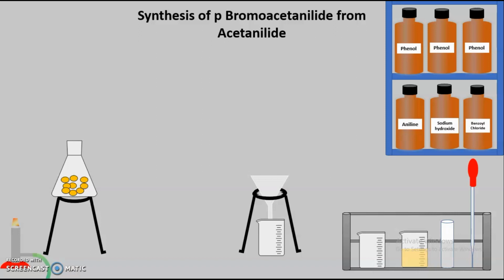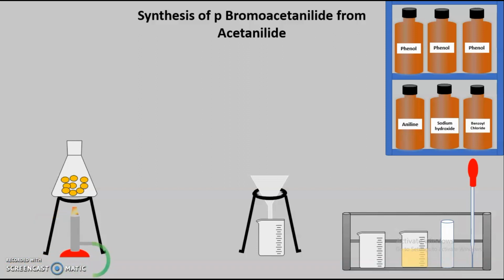Here you can see that this is the assembly for this recrystallization, where this is our product that we have obtained. Now we know in recrystallization we are going to select a solvent in which our product is insoluble in cold conditions and soluble in hot conditions. Here we are going to add 50% ethanol as the recrystallization solvent, which we have already placed in our conical flask with our product. Now we will start the heating of that solution.